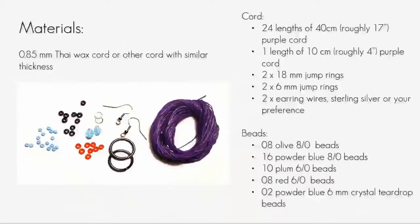Also, cord that is too thick will limit you in terms of size of beads you can use, as their hole diameters will be too small to fit. You can use different sizes of jump rings if you don't have the right size cord. You will have to gauge the ratio between knot and ring, but the knots can be compressed a little if the fit is tight. Just remember that if your cord is too thick, any beads smaller than 6/0 will not